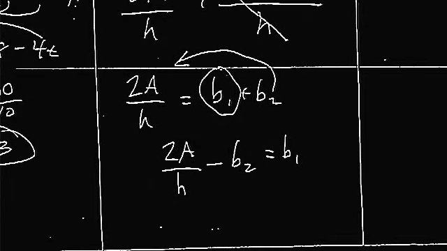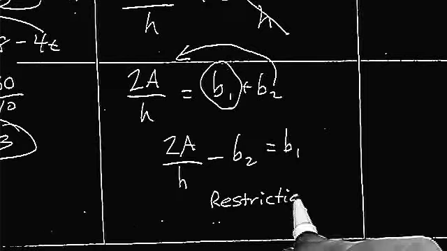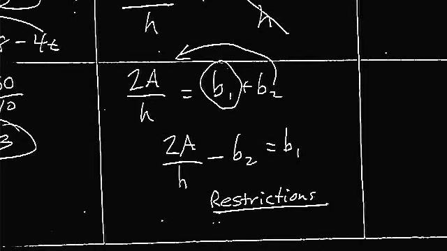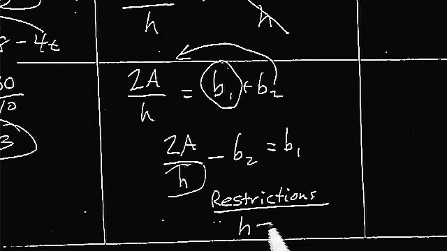Now, I'm going to be asking you about things like restrictions. A restriction is something that a variable cannot equal, or it limits, I should say, the possibilities for the variables. In this particular example, h is a denominator, and we all know that,